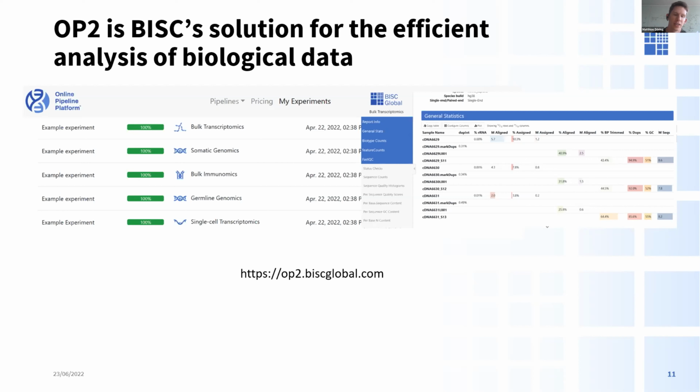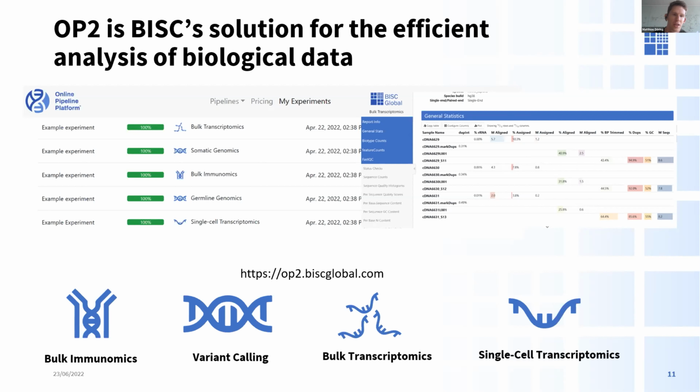And for all of them, you can just upload your samples. Then they're processed on the cloud, and then you get a nice short report, as you see on the right, about the quality of the data. And of course, also on the downstream processing results, which you can then use to take further action based on the data. And I think that's a really nice solution that a lot of people can use,